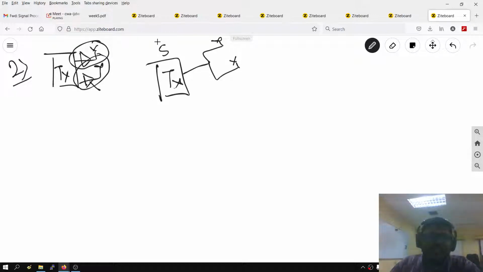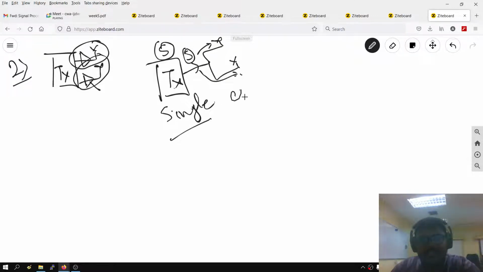So if the input vector is S, it is coming here and it is just getting transmitted from just two things. So what is this? Single constellation, same constellation here. So this is only single input,